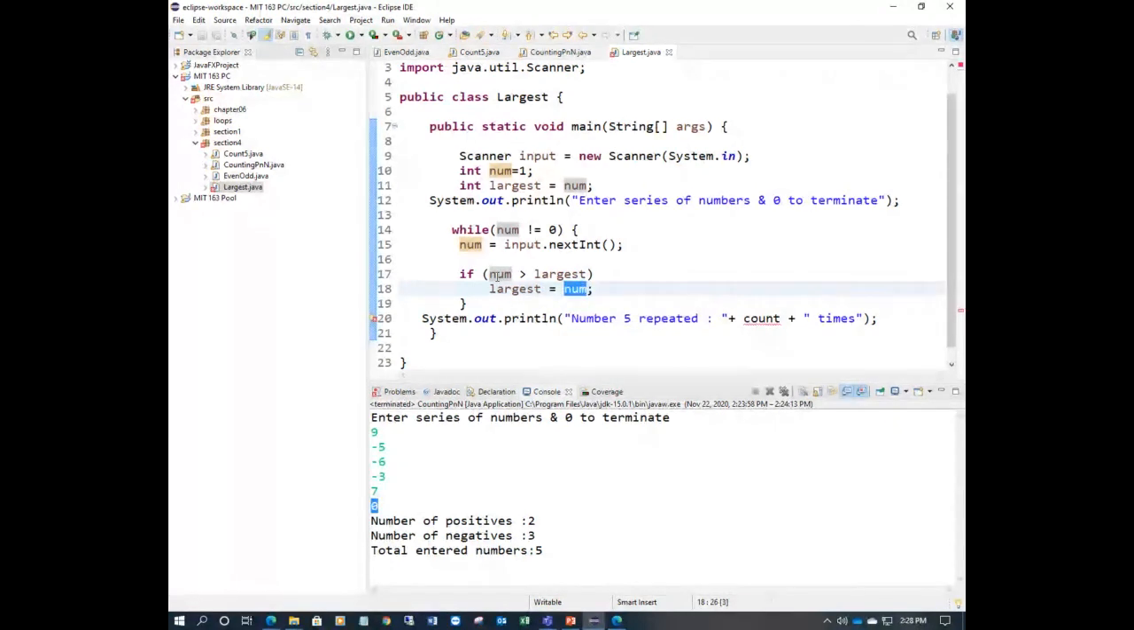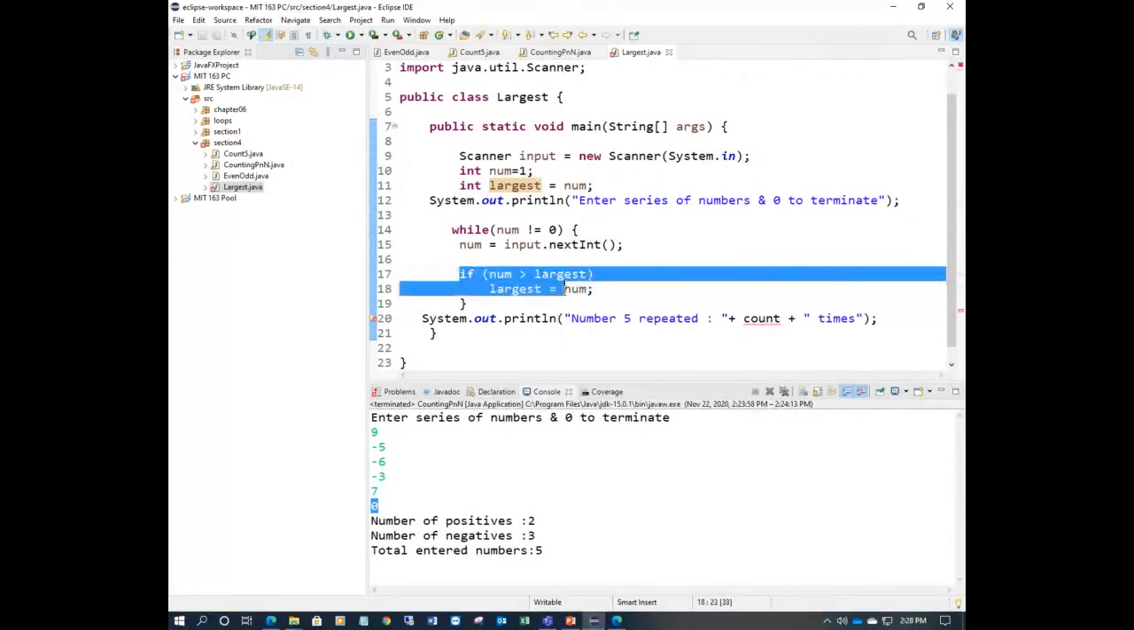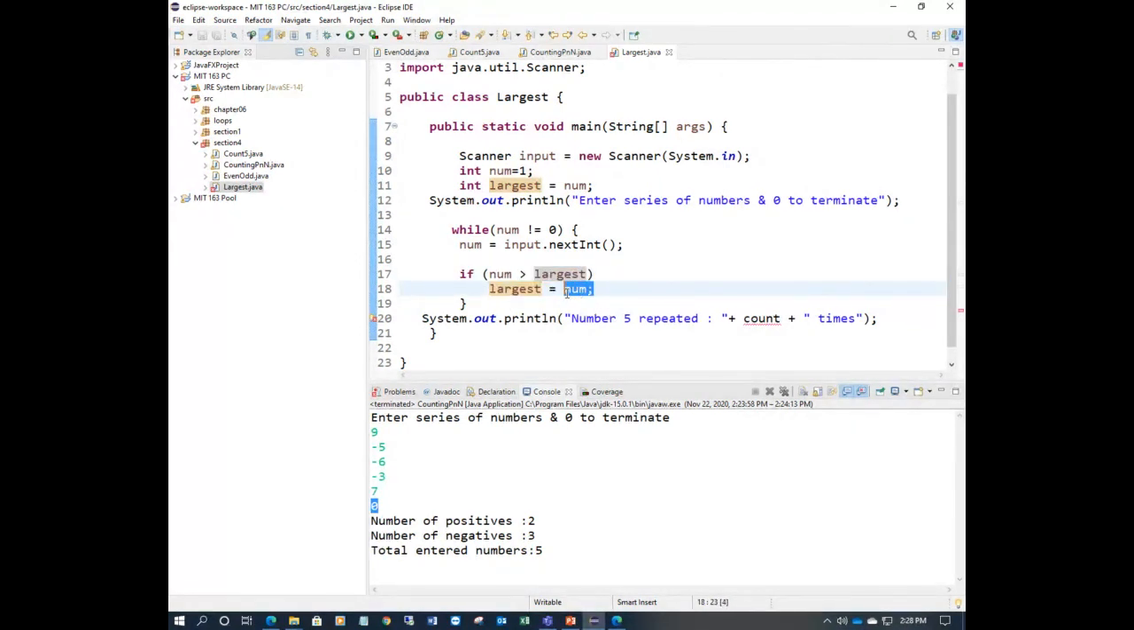What is the largest number here, right? So that number will become largest again. Same equation I'm using here. If this is true, then assign the new largest number to the largest variable, because this number is greater than largest. Now print the largest number is